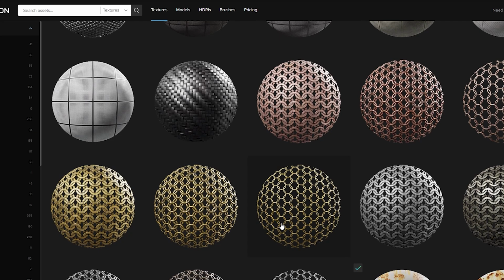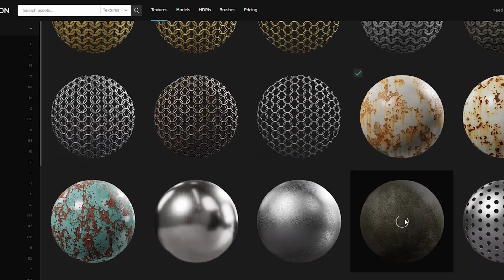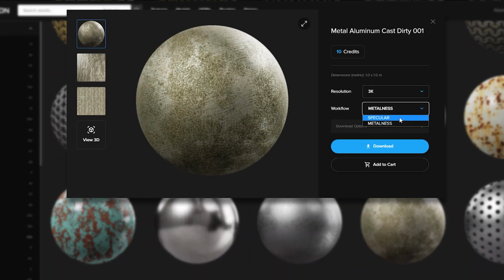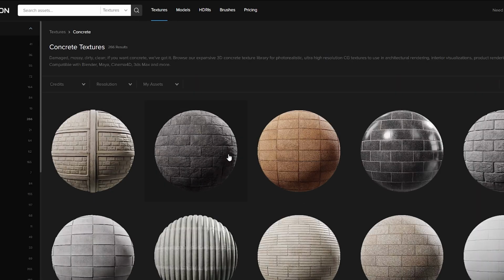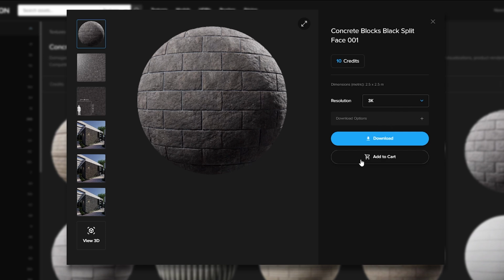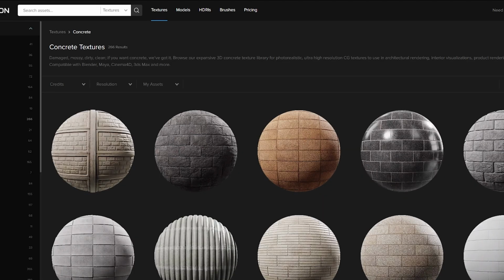Let me just go back to Polygon for a second. For certain metal materials, you'll see an option for workflow. You can choose metalness or specular. These are the 2 workflows I mentioned in part 1. There are different reasons to use each one. It seems metalness is more popular for metal materials. Either one you want to use is fine. It'll just change one map that you have to plug in. But for materials that are not metal, you won't see a metalness map, and you'll use a specular map.